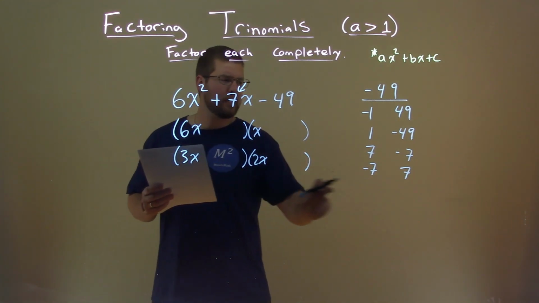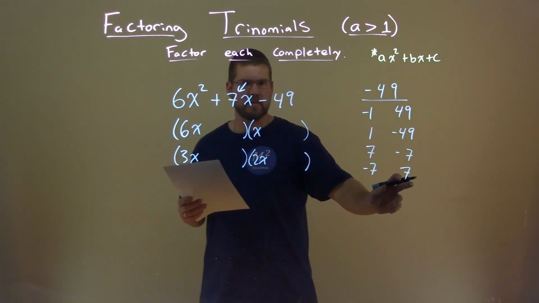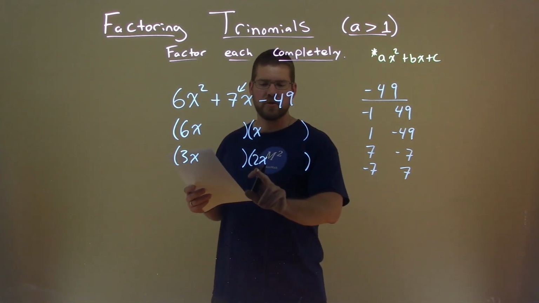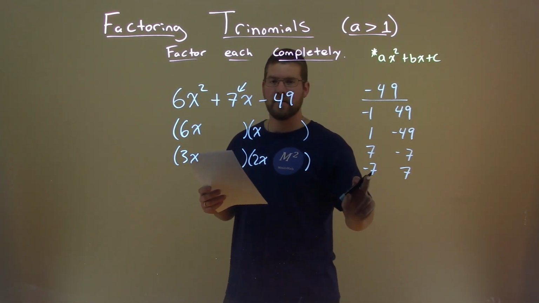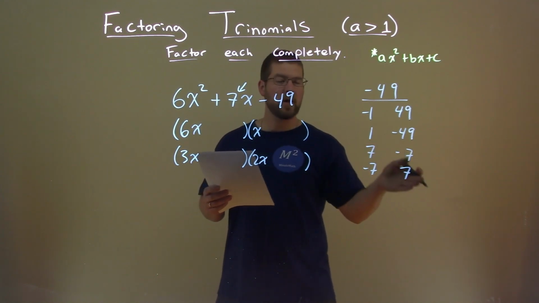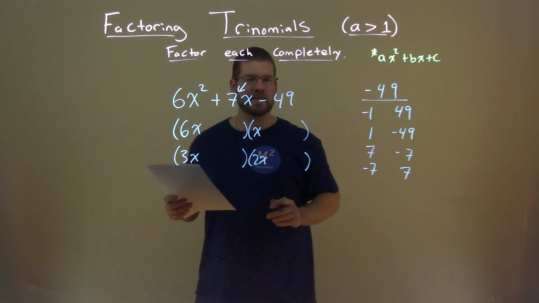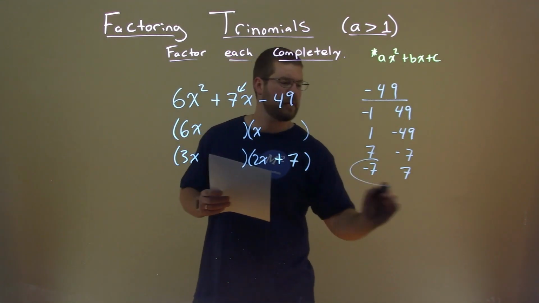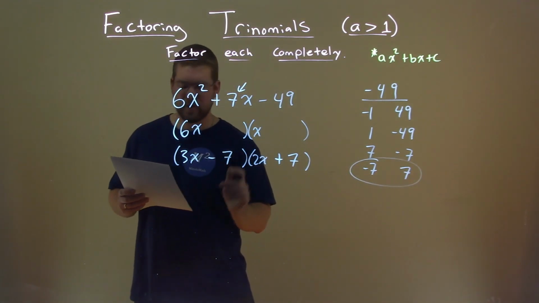So if 3 times a positive 7, right? 3 times positive 7 is 21. 2x, or 2 times a negative 7, is a minus 14. 21 minus 14 gets us that 7 right there. And so I would look for a positive 7 here, and a minus 7 here, and we can see that